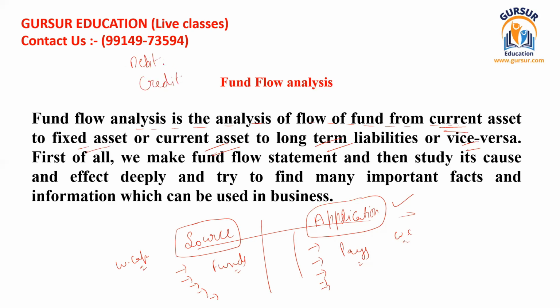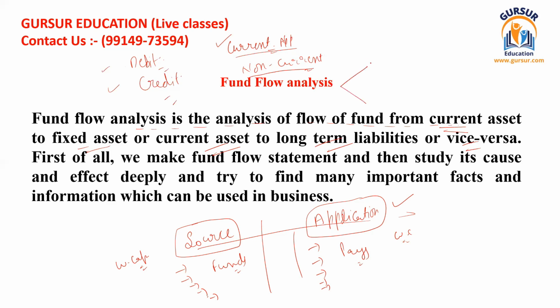So in any transaction where one side is of current account nature, I mean to say current asset or current liability, and the other is of non-current nature, then that transaction ultimately leads to the flow of funds,